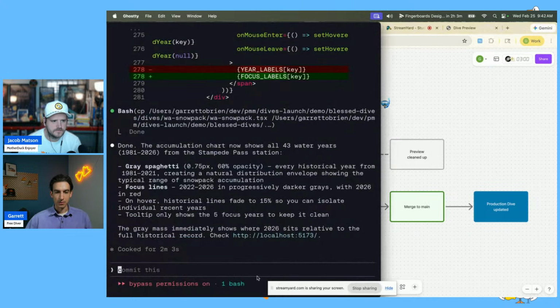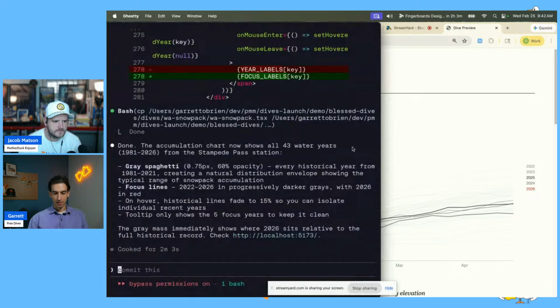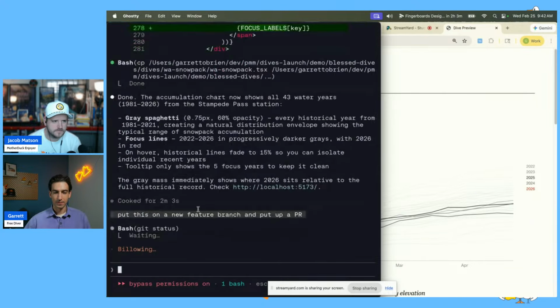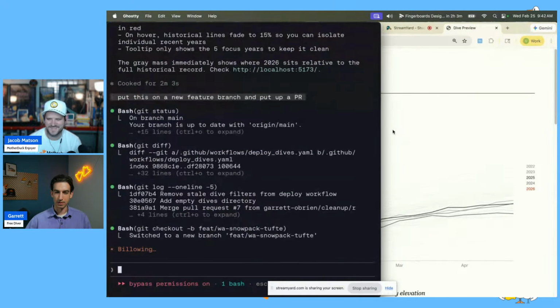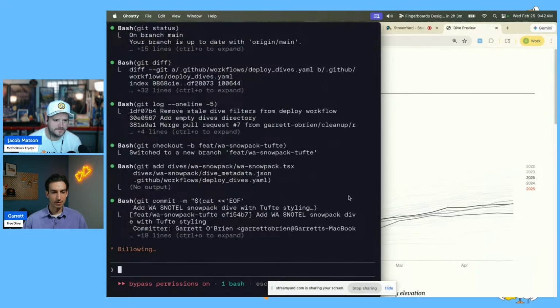All right, so back to my local preview. I'm just going to tell Claude, put this on a new feature branch and put up a PR. And I've still got permissions bypassed, so it's just going to keep cooking for me and put a PR on my repo. You can see we've got our new branch going, adding the commits, and